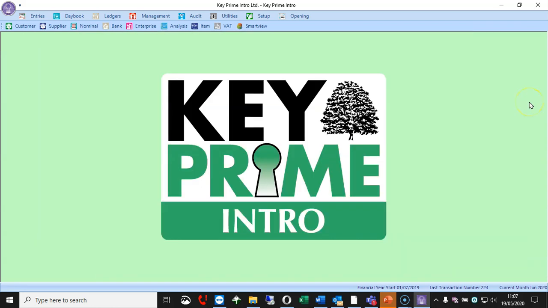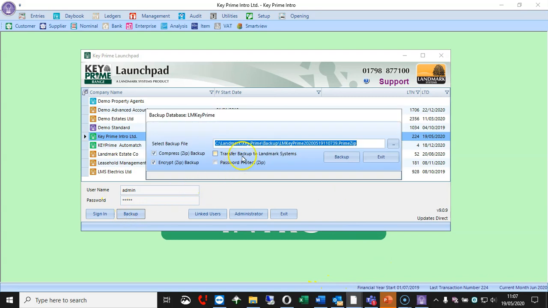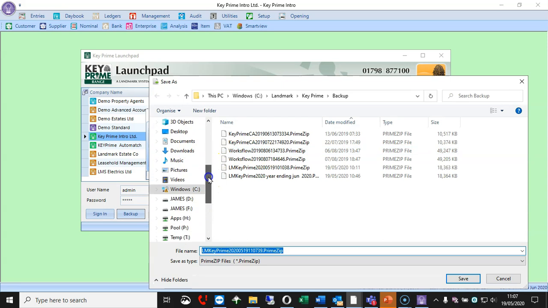We've all used KEYPrime as a very simple bookkeeping tool. Our accountant wants the year end either on a USB or email stick. How do we do this? I wouldn't recommend an email. The reason for that is it's quite a big file, and we have known the data get corrupted. So if you want to put it on a memory stick, not a problem. Come back to your Launchpad, and when you click Backup, go and select your memory stick.